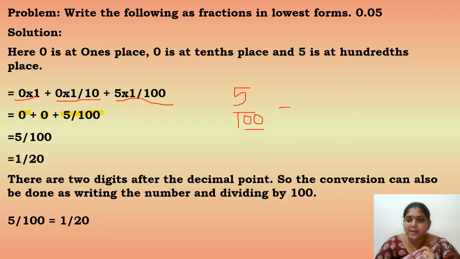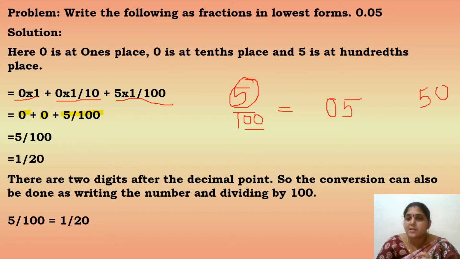So, what will be your decimal value now? You have to write 2 digits. Before that, you have to put a point. Means you have to write 2 digits. Then only you have to put the point. So that it is in the hundredths place we can identify. Now, how are we going to identify that? Because in the numerator you are having only 1 digit. So, what you will do? You write that 1 digit aside and add 0 before that number, the value of 5 will be the same. It will not change. But you should not write a 0 after 5.